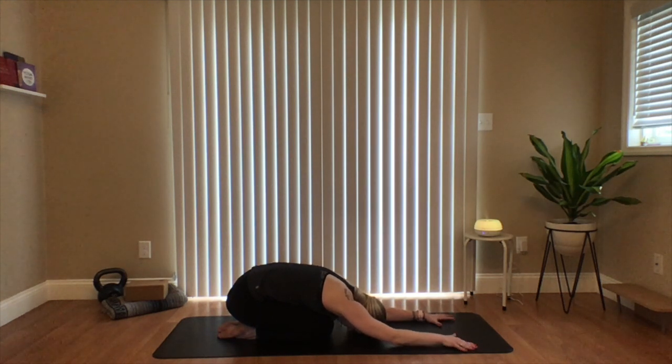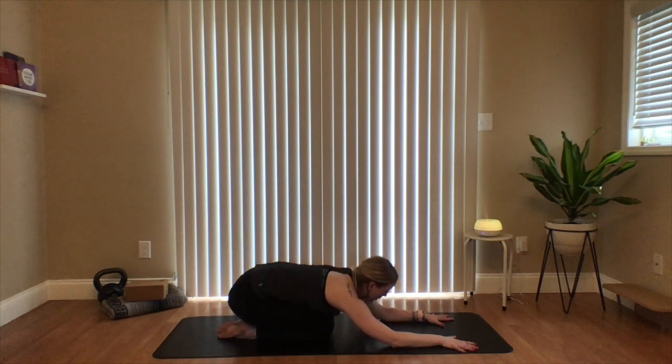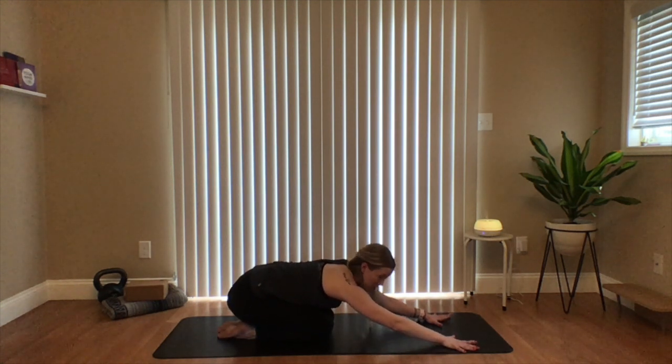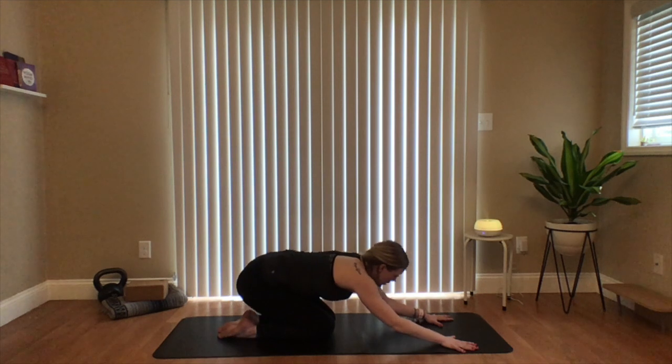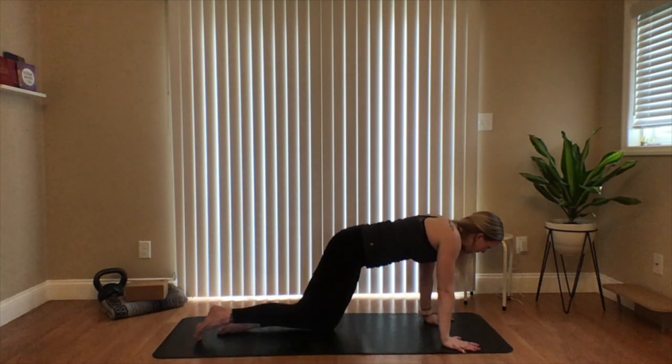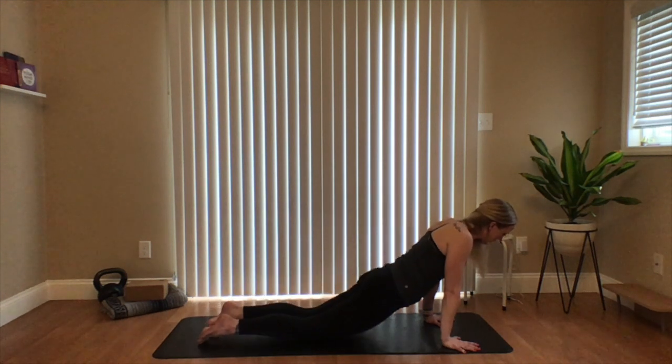Taking this practice more to that versus any physical nature today. Just let that kind of be secondary, tying the breath to movement. With that being said, on the next inhale, we're slowly going to start to draw a line with the nose, looking forward to the hands, gripping down or grounding down through the handprint, index and thumb finger, slowly letting the body come forward, lengthening out the legs, dropping the hips,